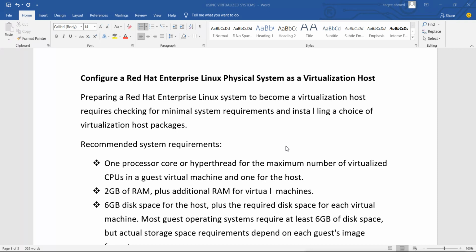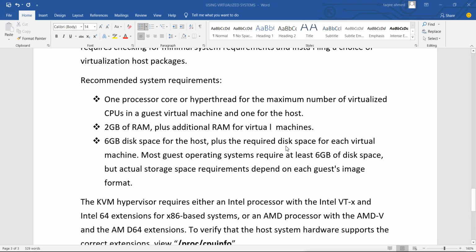So first we need to check the recommended system requirement. First, one processor core or hyper-threaded for the maximum number of virtualized CPUs in the guest virtual machine, and one for the host. So if we are using one processor, we can go with it.